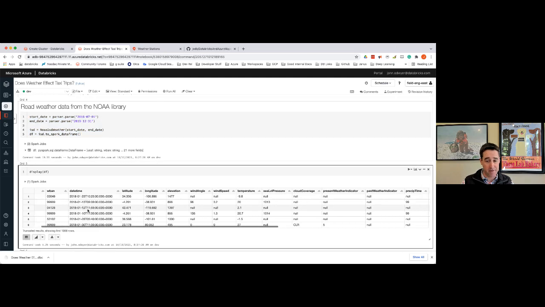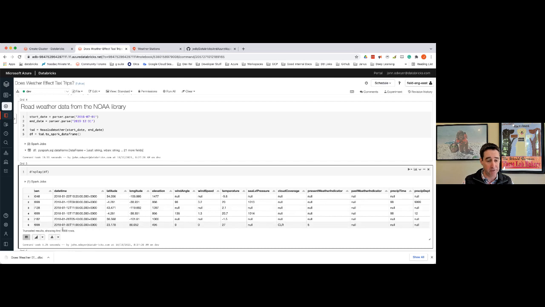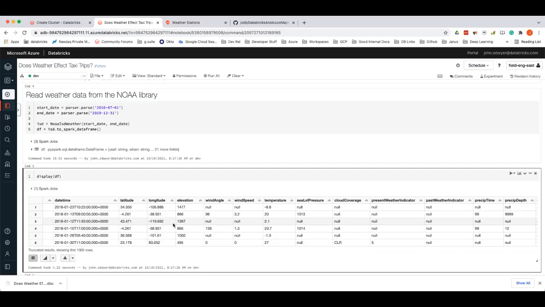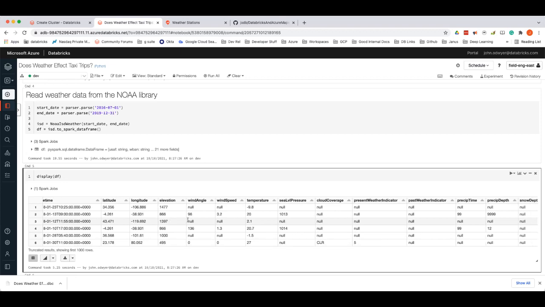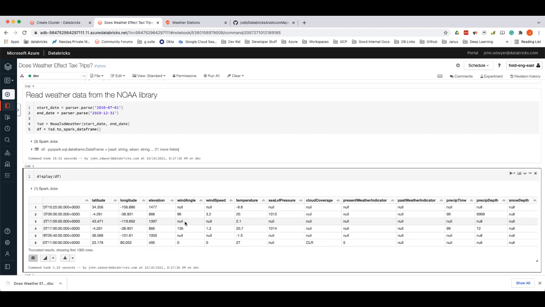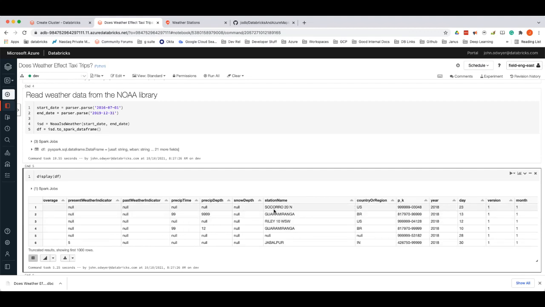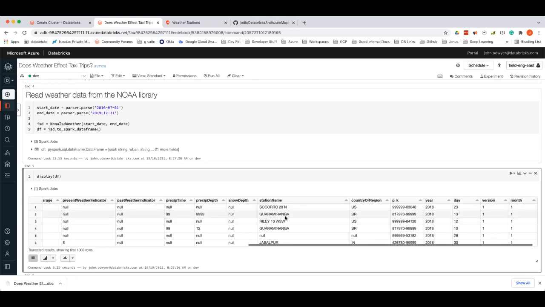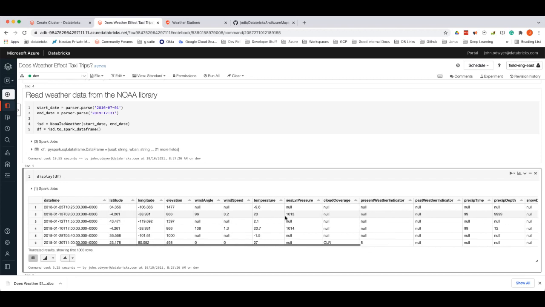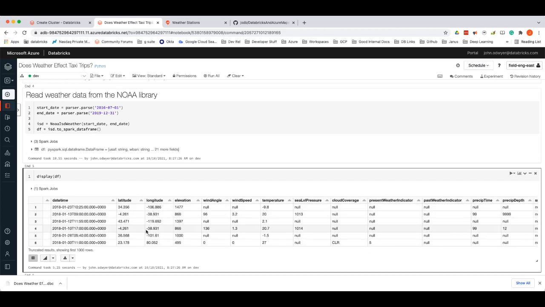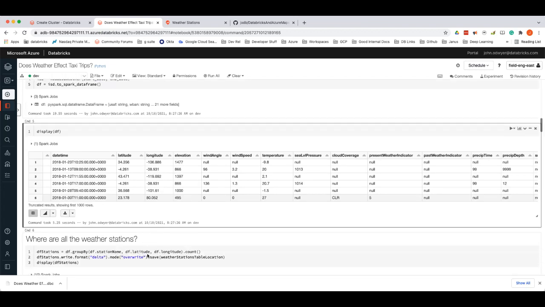We have a massive amount of information. We're only showing the first 1,000 rows, but this is every reading of every NOAA weather station essentially around the world between 2016 and 2019. It's a massive amount of information. And where do we even start? One, we can start by saying, okay, we know that we're in the US and what the station is. There's also lat long here, but that's really needles and haystacks. So